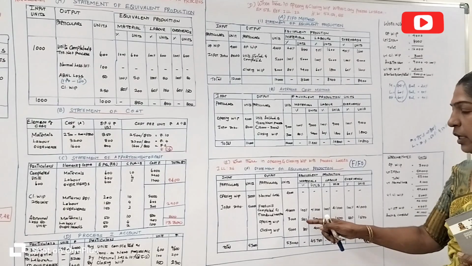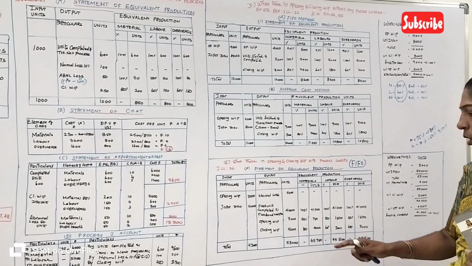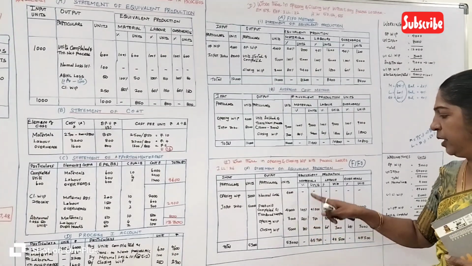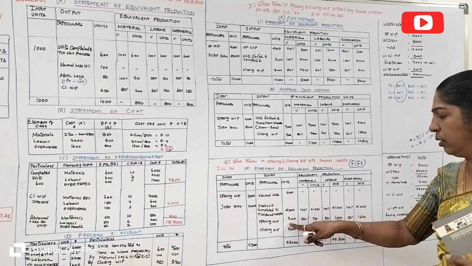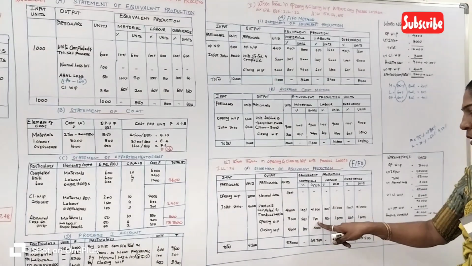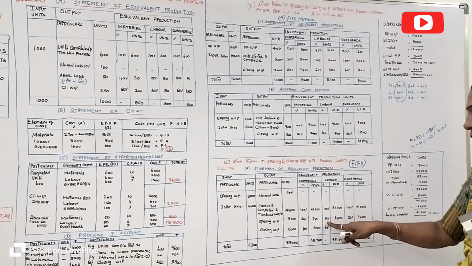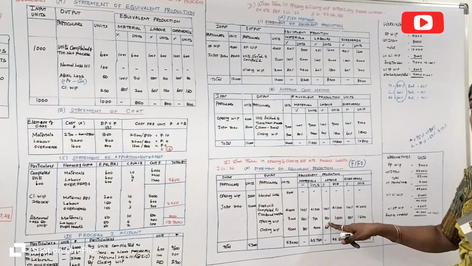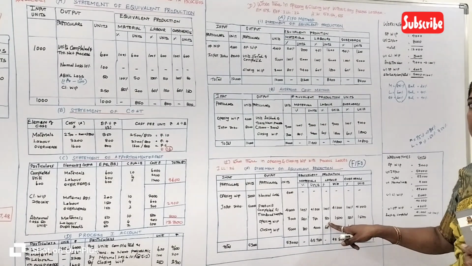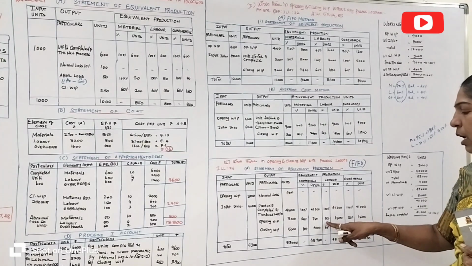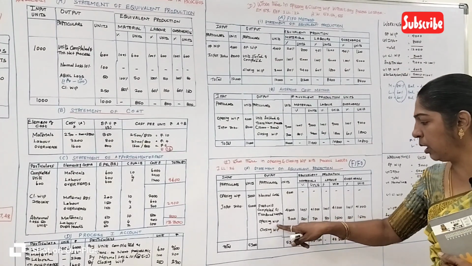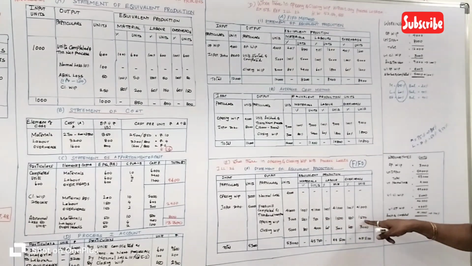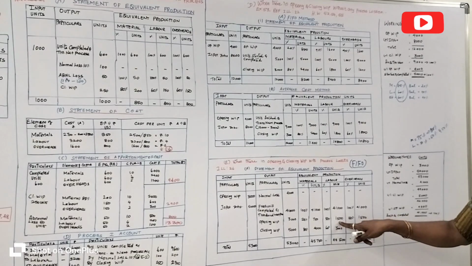Got it? So that is called the FIFO method. Got it? So the remaining degree of completion for material is 25%, multiplied with 3,000 units, you will get 750 units. Okay, so 50% remaining balance degrees of completion, that means the current period's degrees of completion only we calculate with the opening work in progress. So you get 3,000 into 50%, 1,500 for both